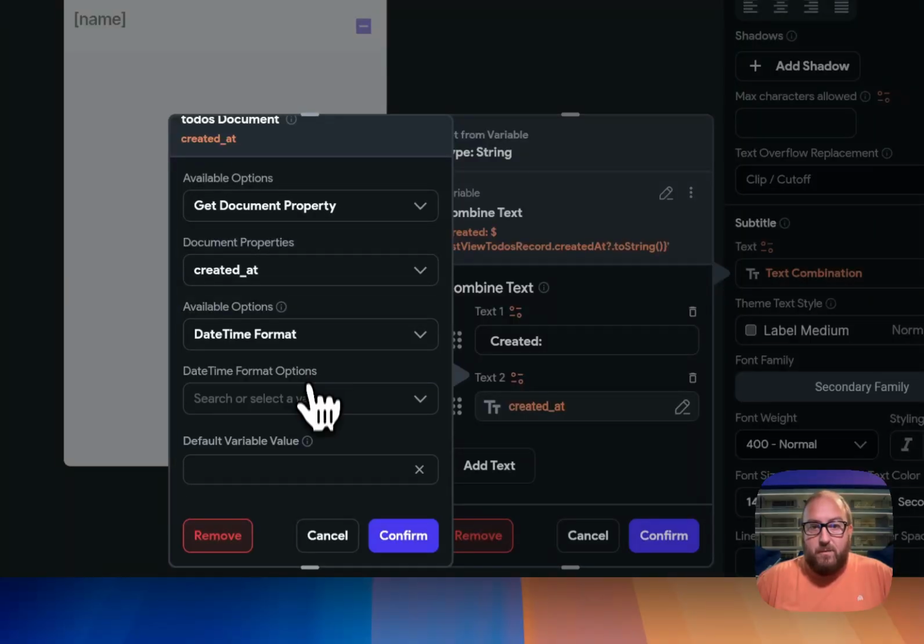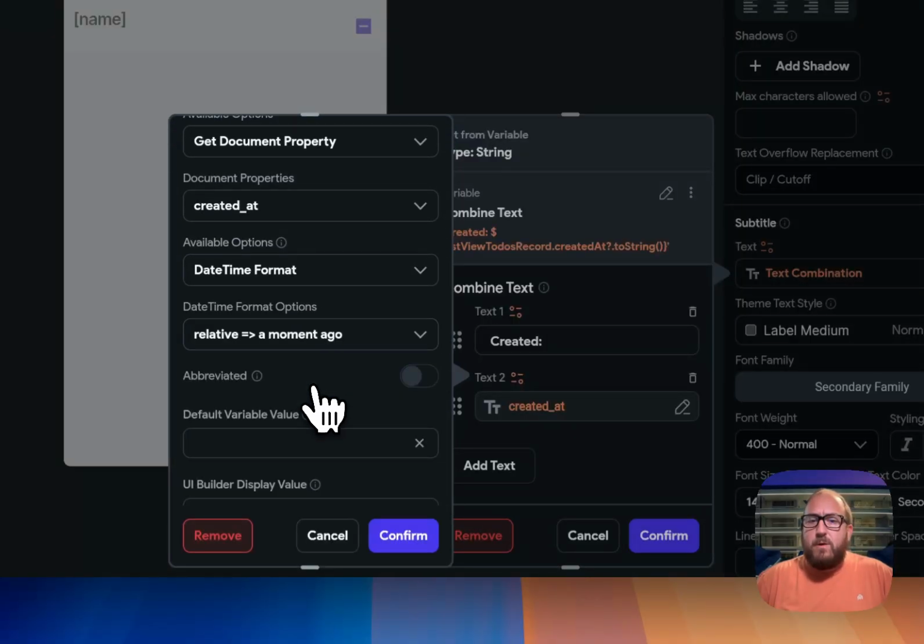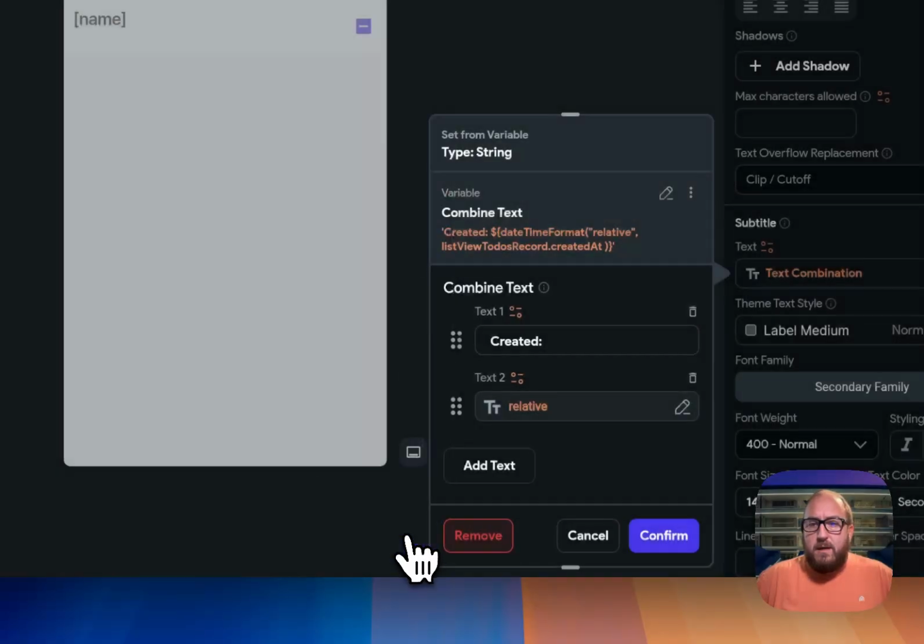And let's give it some formatting. Let's do date time format, and let's make it relative. So if it was just created, like it shows there, it'll show a moment ago or 5 minutes ago or whatever. We can always change it if we don't like it. And then let's do this. Let's do space, pipe, space, do,